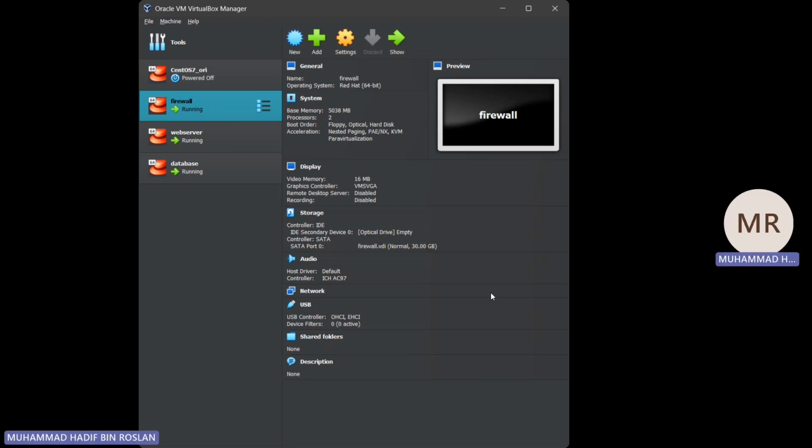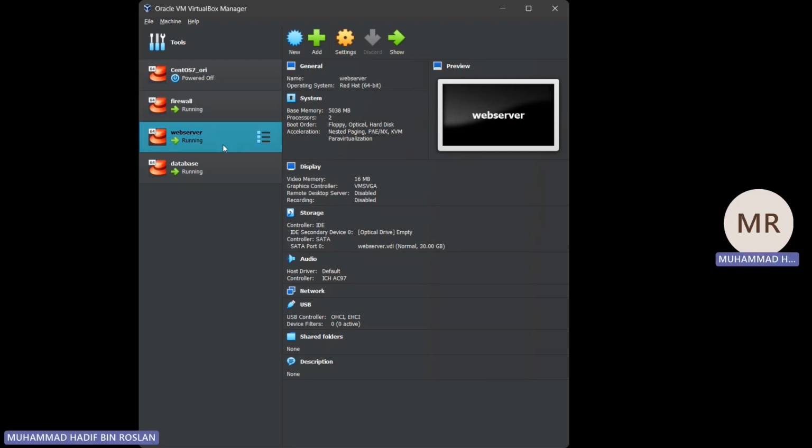It acts as a barrier between a trusted internal network and an external network, such as the internet. It helps protect our network infrastructure by controlling incoming and outgoing network traffic based on predefined rules. Next, we move on to